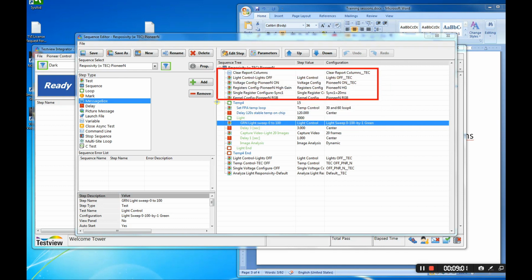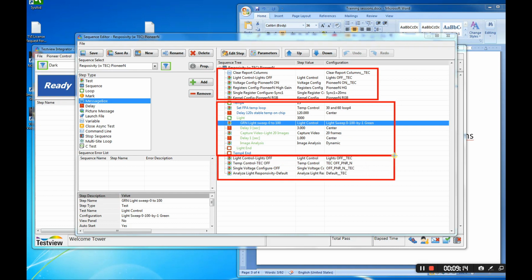Section 2 will be the body of the program, and section 3 I call the shutdown of the devices.